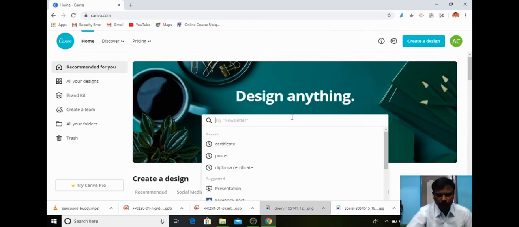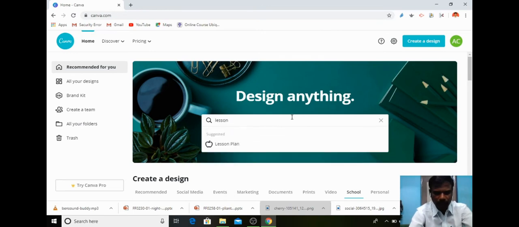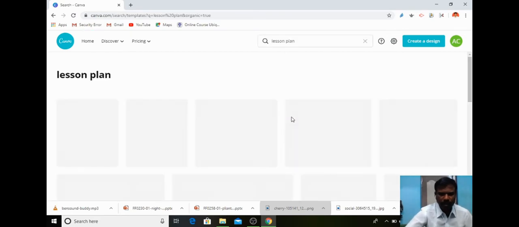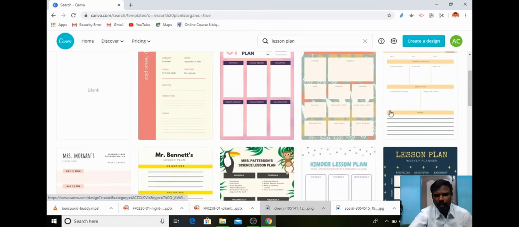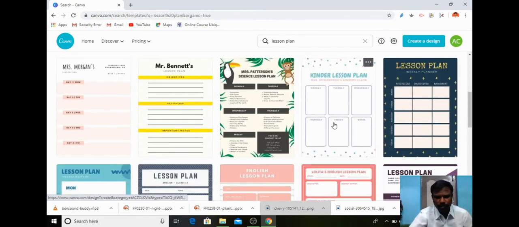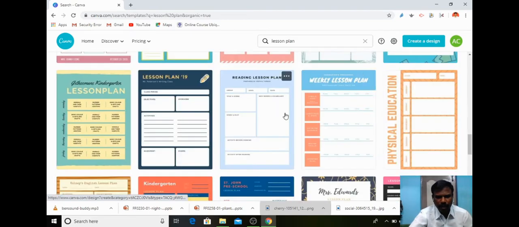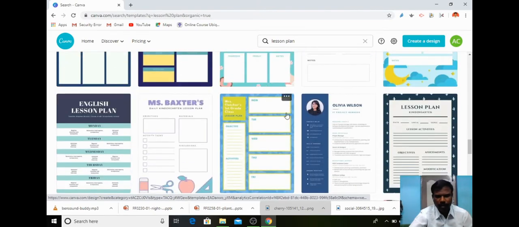For example, you can search lesson plan. If you press enter, it will show the designs for creating a lesson plan for you. So now you can see these are the lesson plans available. From these templates you can take any one and you can design your own lesson plan.